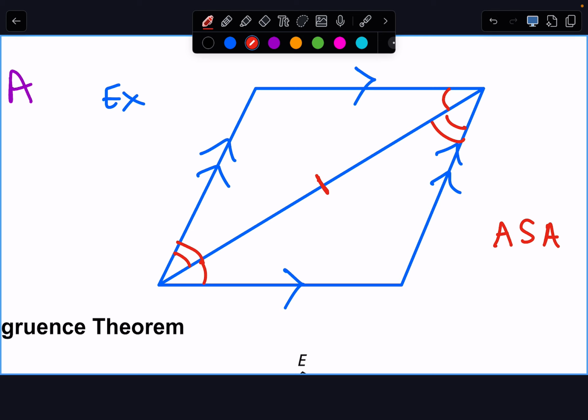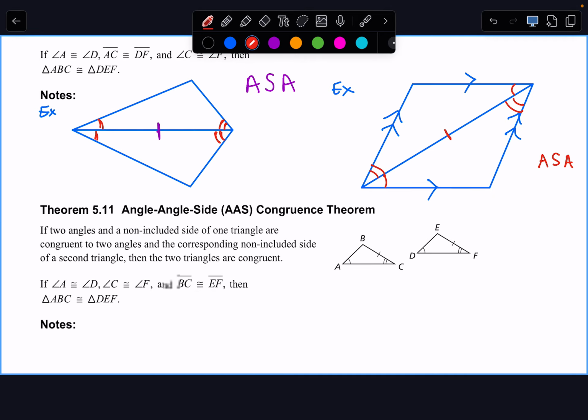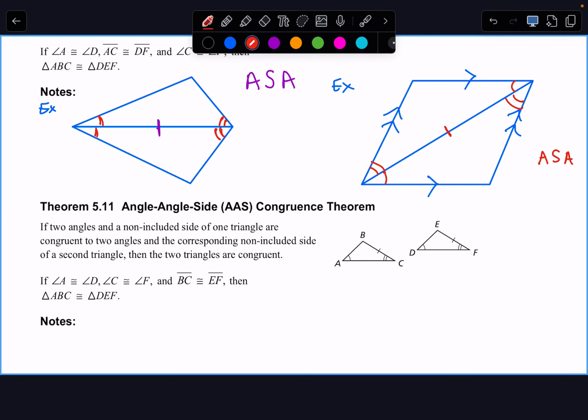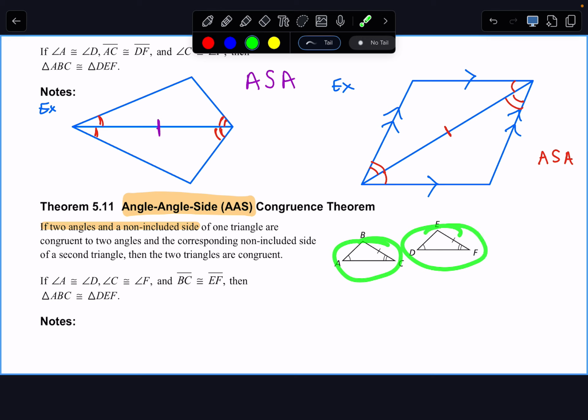Now I'm making a big deal about the included side because the last way we can prove triangles congruent is with angle, angle, side. So two angles and a non-included side. Okay, so I want you to notice in this picture,